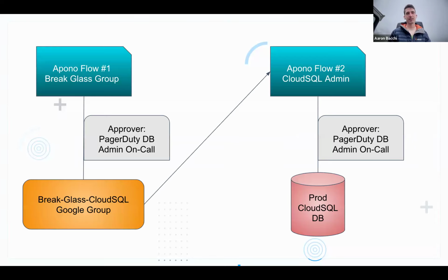On this slide here, this is a really great flow. The first flow on the left here is the break glass Google group. This is where PagerDuty comes into play. If there's some sort of incident with the databases, that key engineer who's not on call can go ahead and request access to the Google group for break glass Cloud SQL, and the PagerDuty on-call database admin individual will be the approver and able to approve that request. That just gives them access to a Google group, and that does nothing. There's no one normally in the Google group, but it's a very special one, because once you're in that Google group, and only for this period of time when they're approved, it's like 2 hours or so, then that individual,